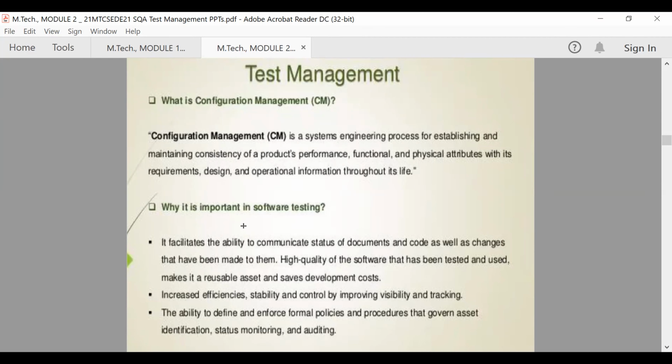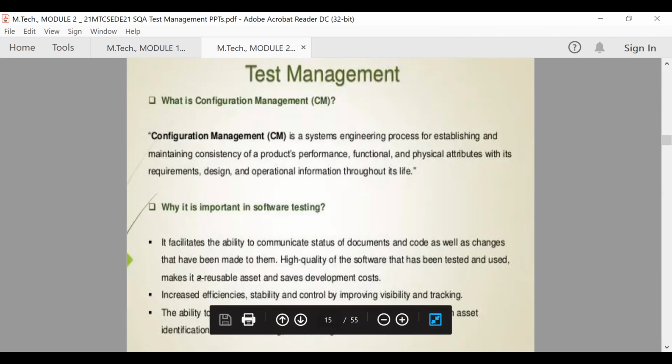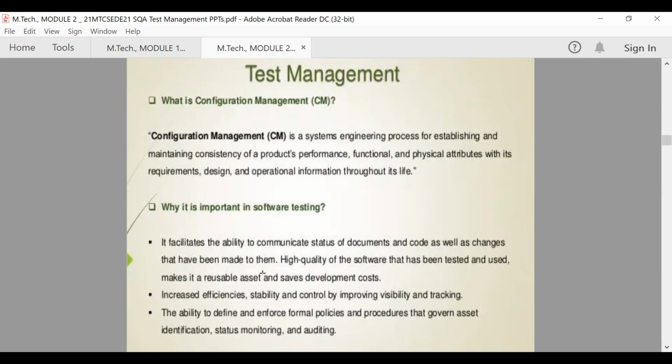And why software configuration and test management is important: it facilitates the ability to communicate the status of documents and code, as well as changes that have been made to the software. So if you give some configuration for a particular software product, all those configurations should be available in the software once it is released as an end product. High quality of the software that has been tested and used makes it a reusable asset and saves development cost.